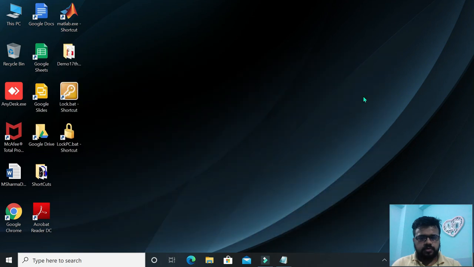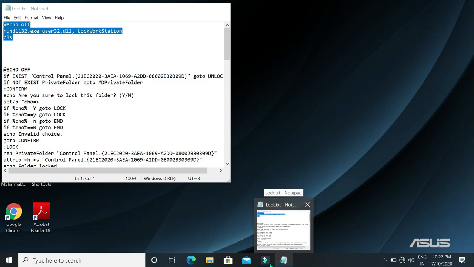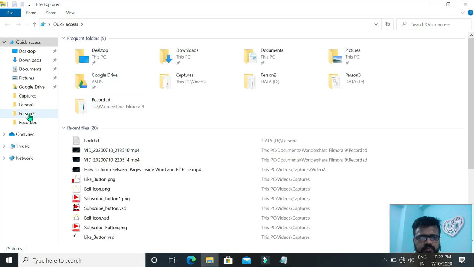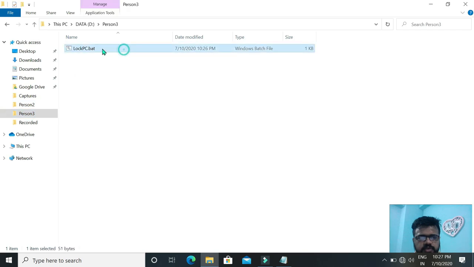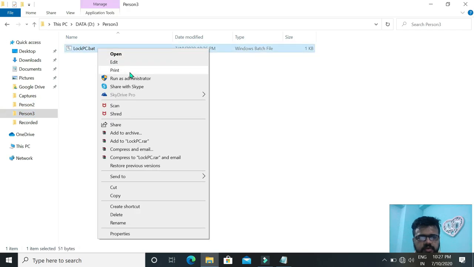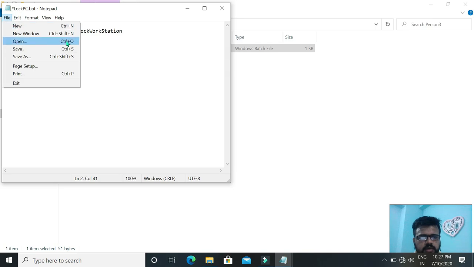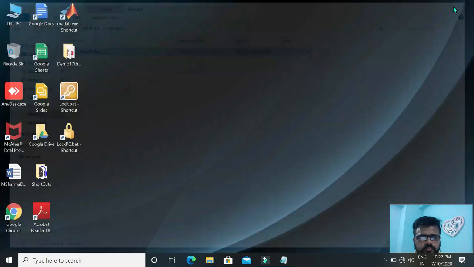It won't work because the name which is registered in the registry of your Windows 10 is given as workstation. So you have to go to that code again and write workstation. It will work only after typing workstation here. See,